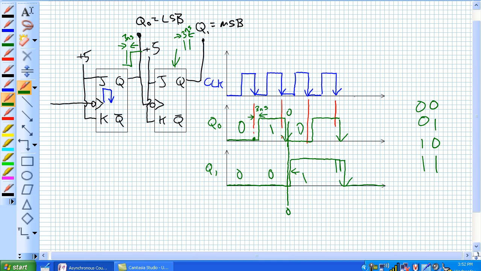Now you're 1,0. Now you're 1,1. And then at this brief moment of time right here, you happen to be at 1,0 before you recycle back to 0,0. So asynchronous counters have these natural glitch states which can occur